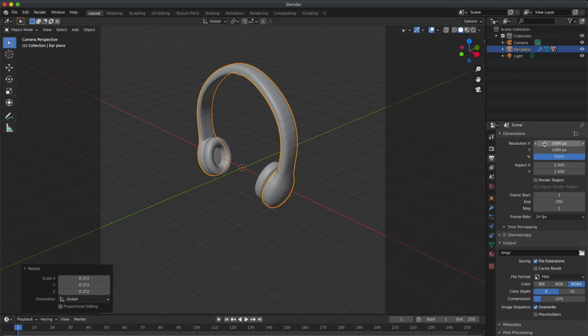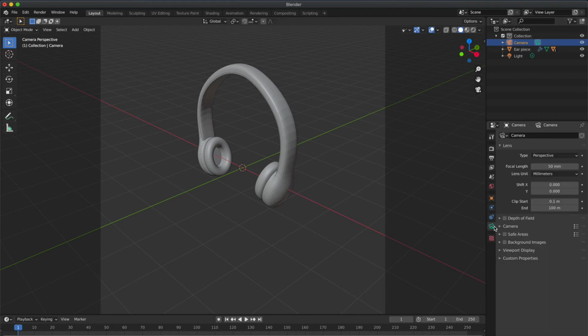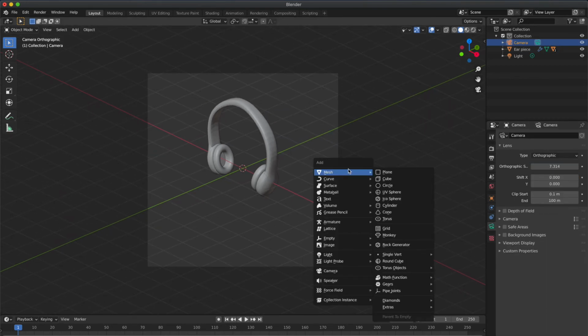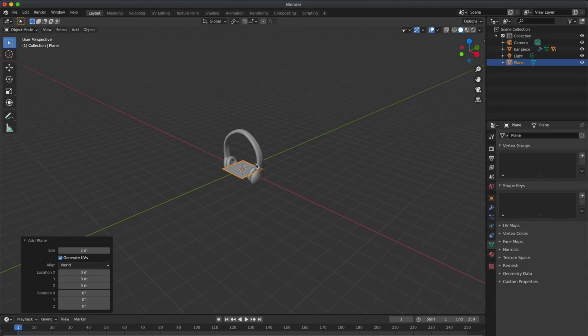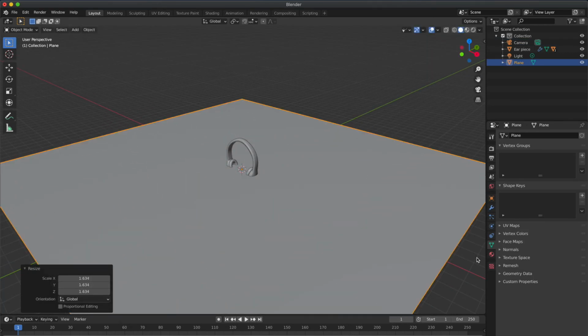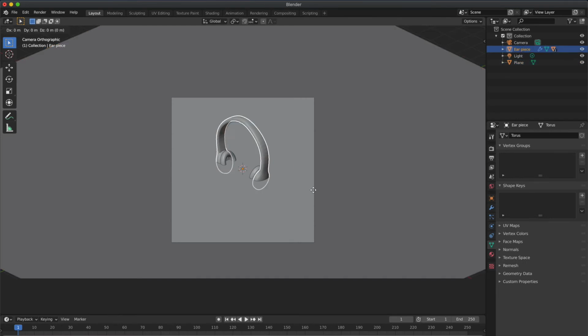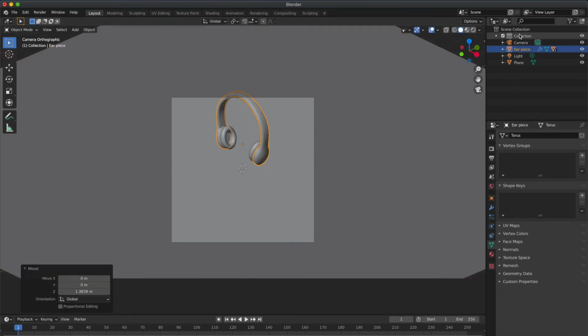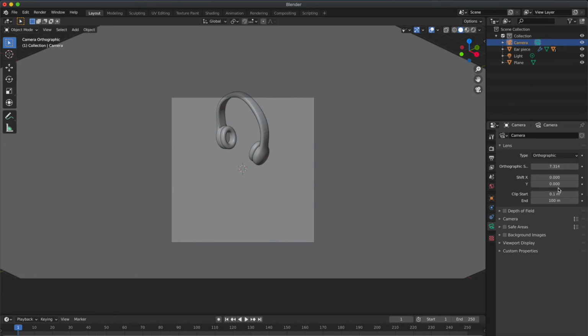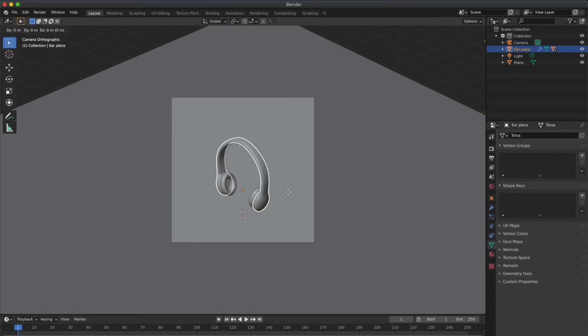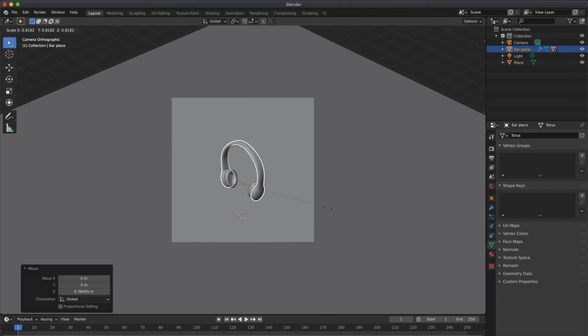Now go to scene settings, change the resolution X, go to camera settings, change the perspective to orthographic. We have added a plane. Let's increase the size. Press S to increase the size. Shift the camera along Y axis and shift the object along Z axis. Do a few more adjustments if you want. Select the object, move it along Z axis or any other axis you want. Do how many adjustments you want.